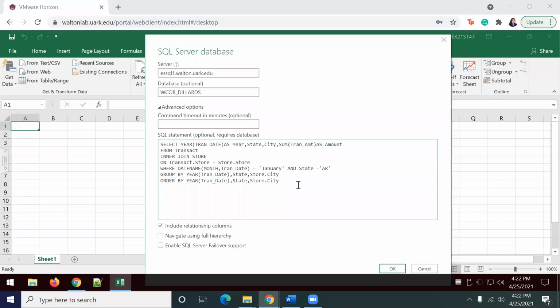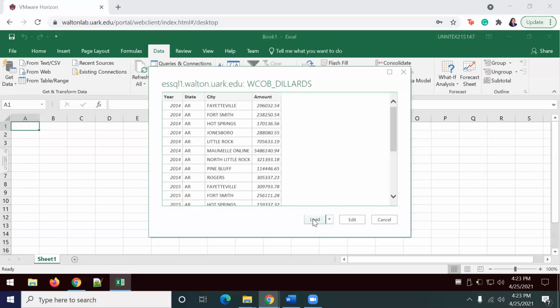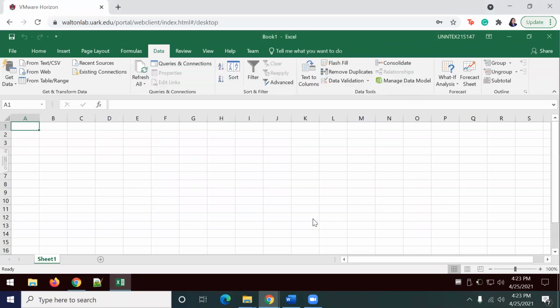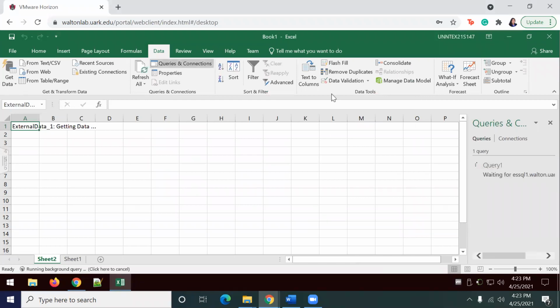Okay, so I'm going to select OK after I have entered my SQL statement and other server information, and allow my information to load. Okay, so I'm just going to go ahead and load my information. And once my information loads,